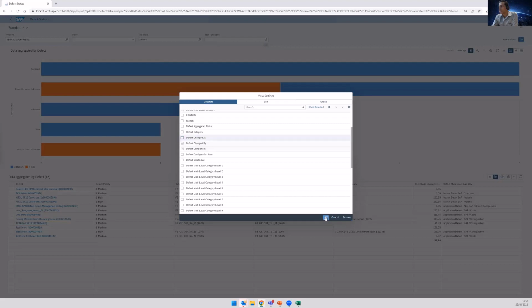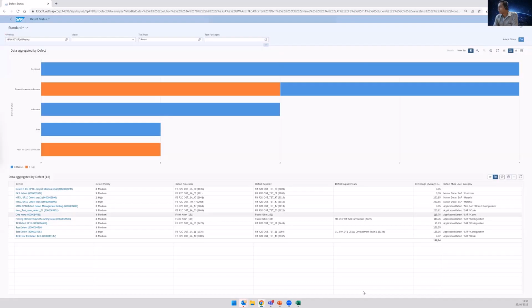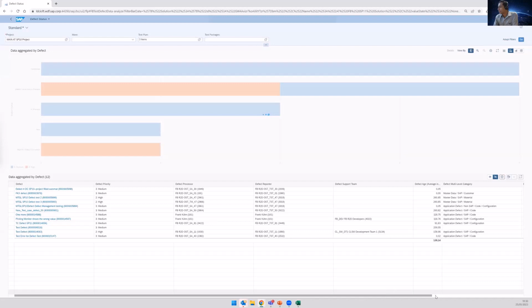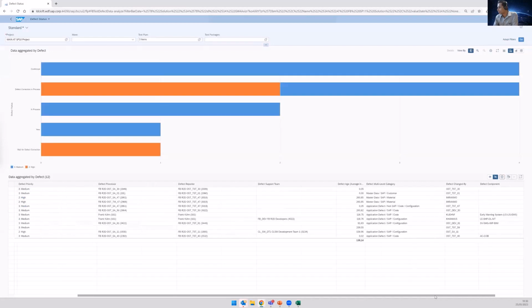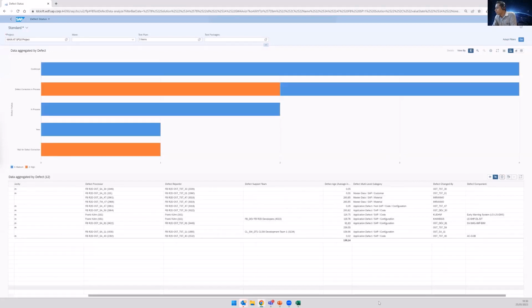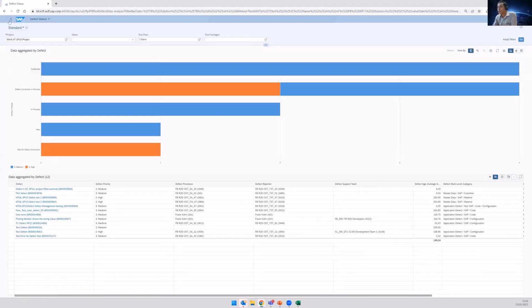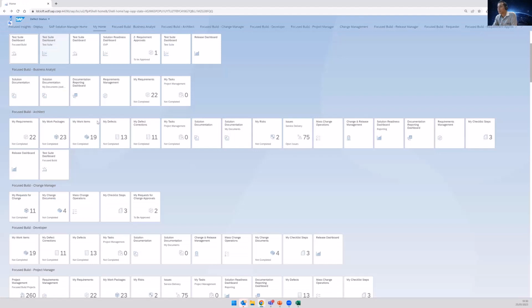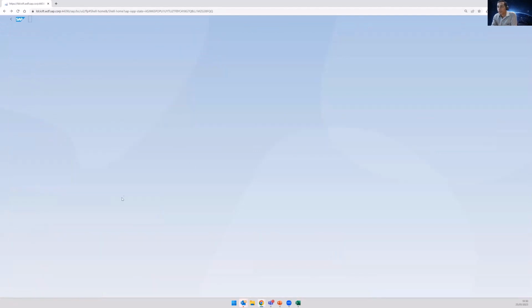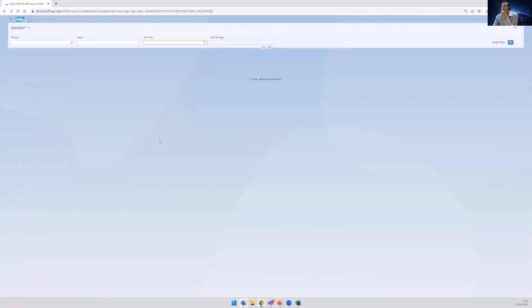And if you tell OK, these details get added, as you see over here on the right hand side. So simplistically put, you can create your own set of data for these defects. You can select the kind of data that you want to work on, and based on the data that is selected,